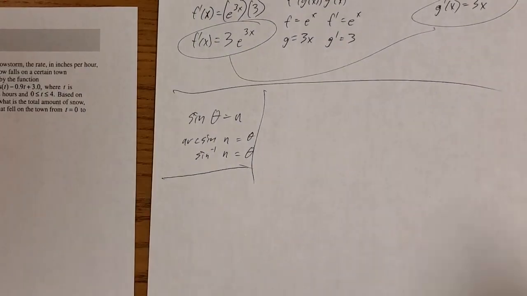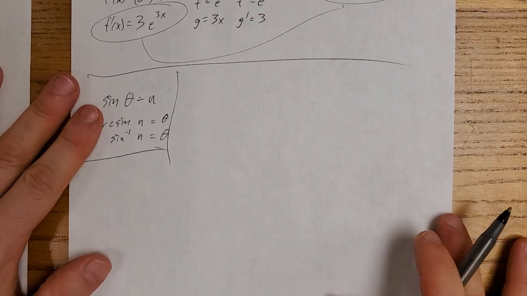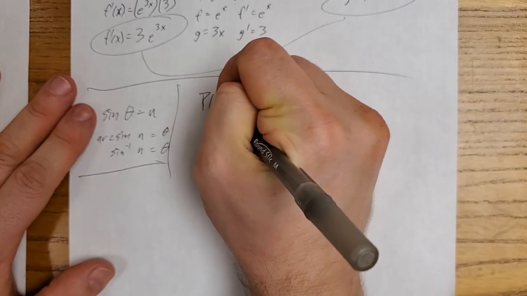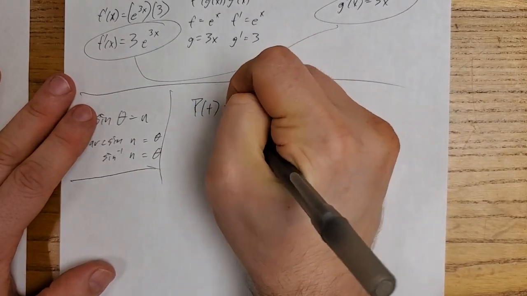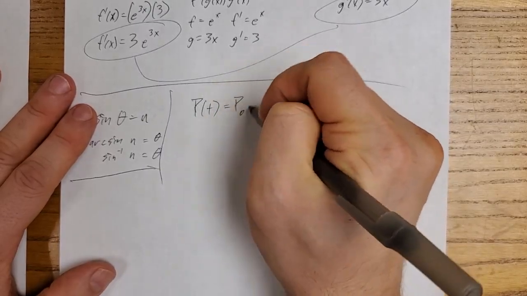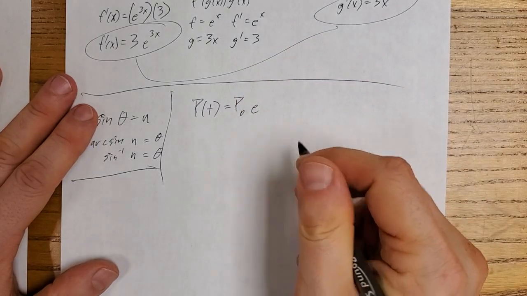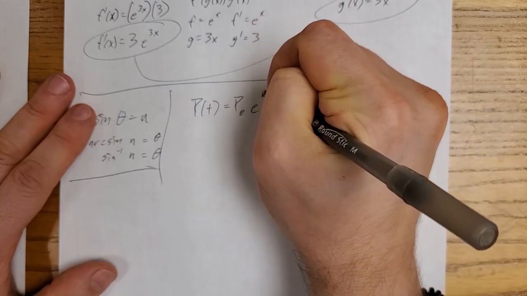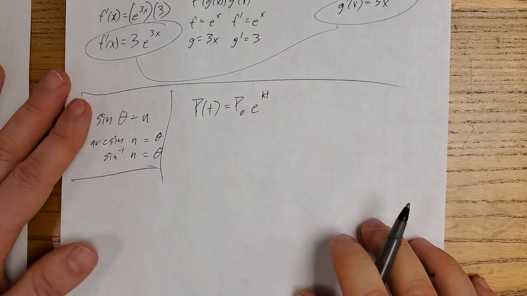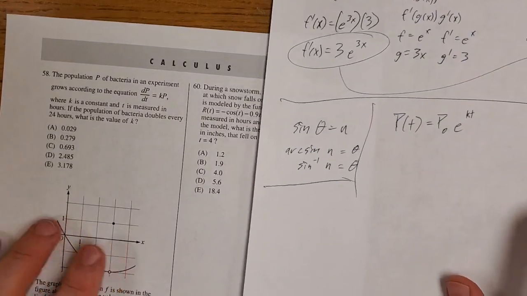Or if you just remember the proper formula, the end formula for exponential growth, where P in terms of t is P naught, or P sub 0, being the starting population, times e to the exponent kt. Now we have t as a part of it. So if you can remember that and get that in there,